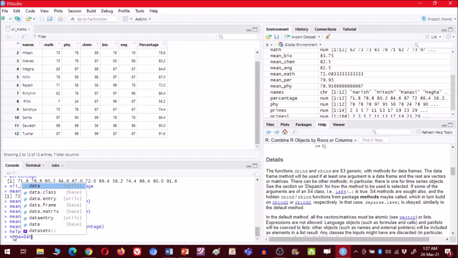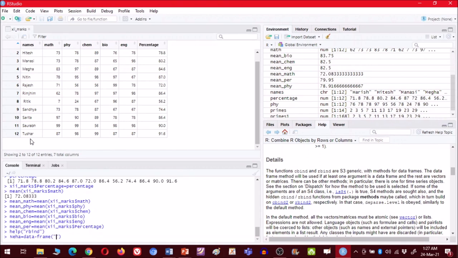So data, small letter, data.frame, because I want to have Neha written here, so I will write "Neha" in inverted commas here. You can keep the name of this something else also. So let us keep it A, so that you don't get confused, you will have to write A, Neha only here.